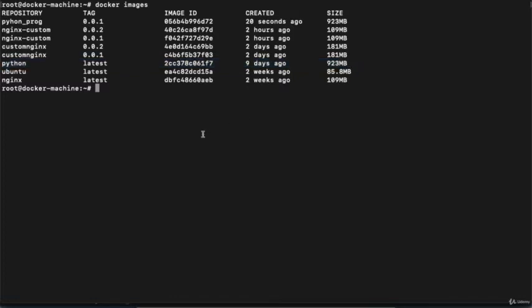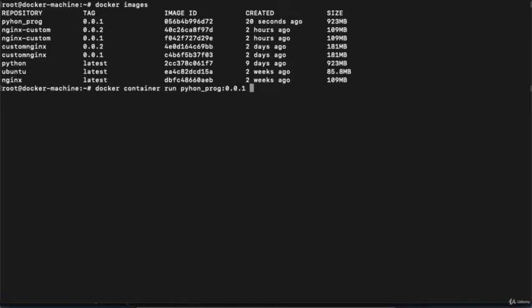Now I need to execute this image to run my program. For this, I will execute docker container run. Then you need to provide the image name, which is python_program, then the version. Hit enter.